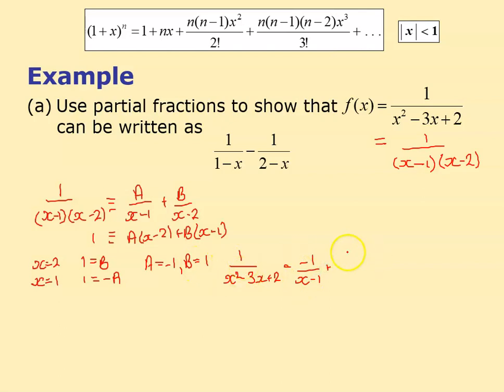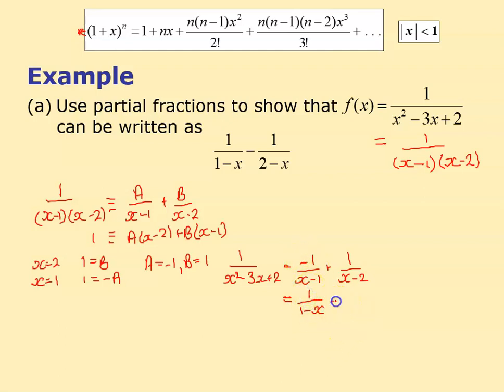plus b was 1 over x minus 2. And you straight away realize it's not the same as the bit at the top. So they again have gone for this idea of getting the 1 at the front of the expression. So, okay, I need to change that to a 1, that's got to say 1 minus x. And you'll notice in order to do that, I have to times that by minus 1 on the bottom. And luckily, when I times the bottom by minus 1, I times the top by minus 1,